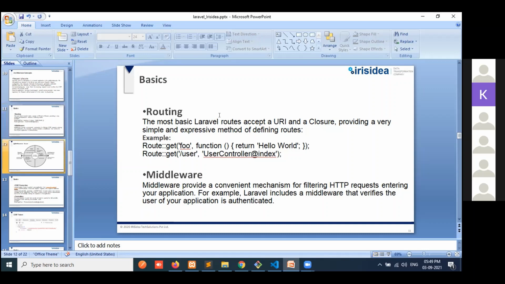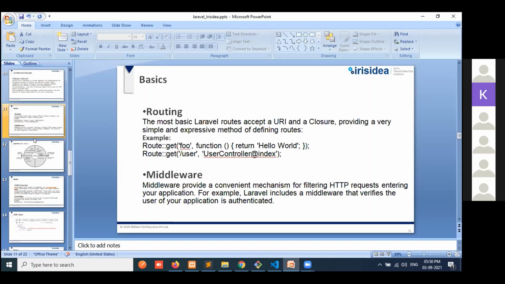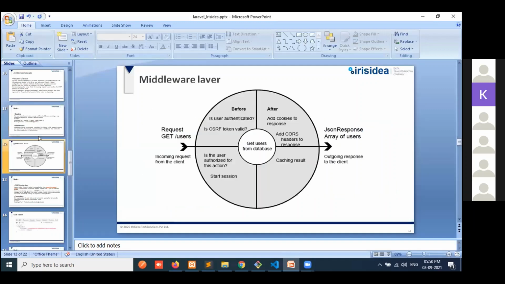Like that it will go, and we will interact with the user from the database, and then send the response. So it will check, taking it through the middleware.